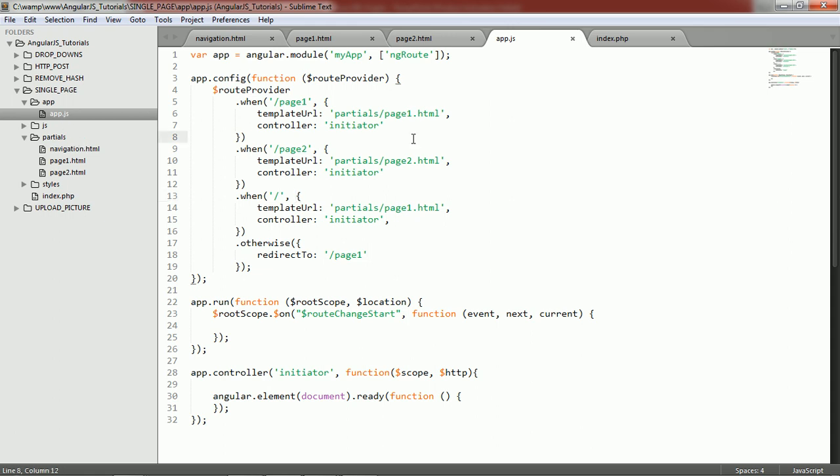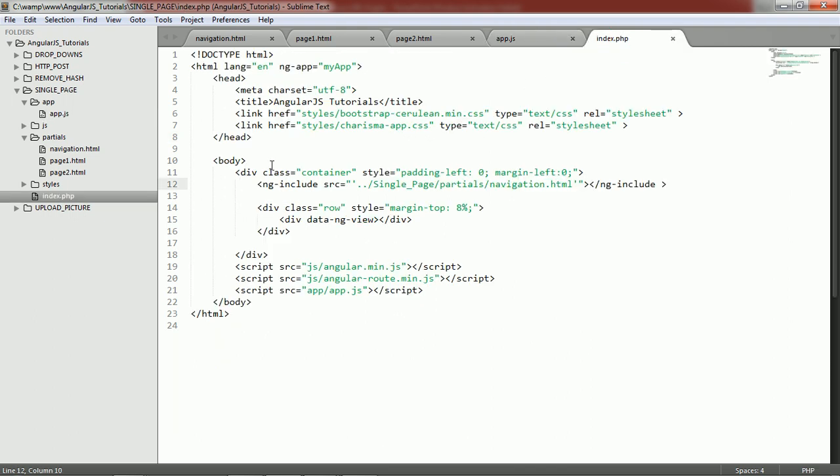I start the explanation of this application from the index.php file here. Inside the index.php file, I have included two libraries of AngularJS. One is angular.min.js and the other is angular-route.min.js. These two libraries are essentially needed for this application. And the last file I have included or imported in this page is the app.js file,